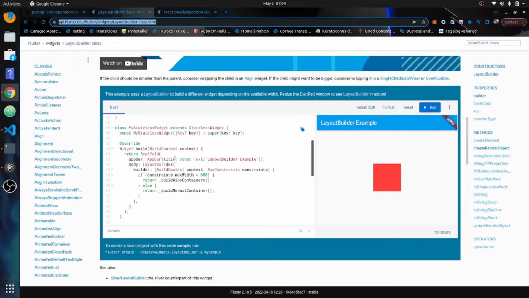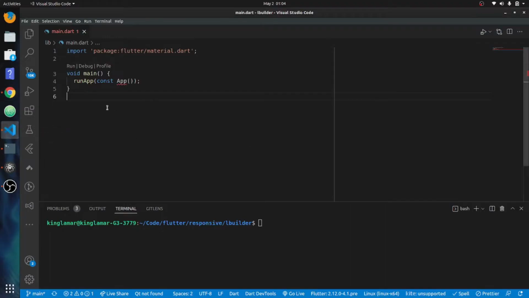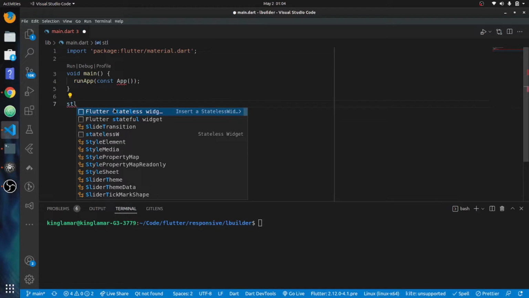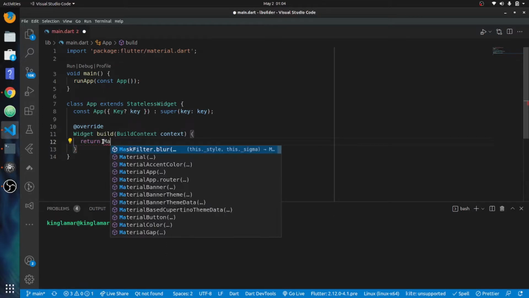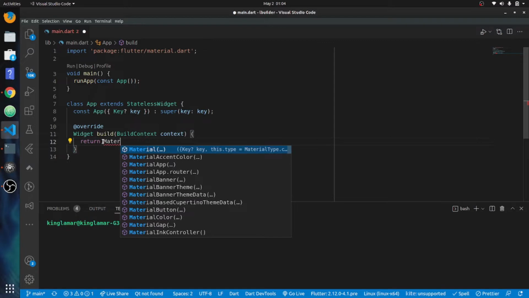So let's set this up right here. It's a layout builder that we're going to need. So let's go over here, and we'll do it like we're used to, and we'll set up a stateless widget. We can start up a stateful widget, but let's do stateless. Make this easy. And we'll call this app, because this is what we're doing up here. And we'll take this container out here, and then we'll put a material app in here, material app,